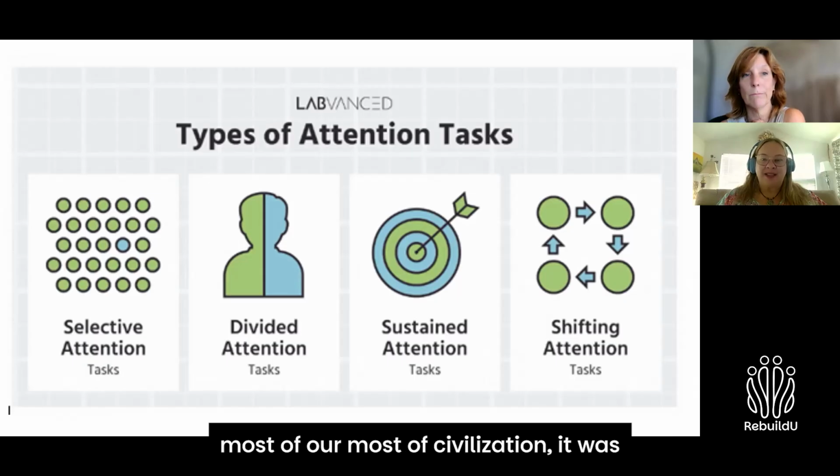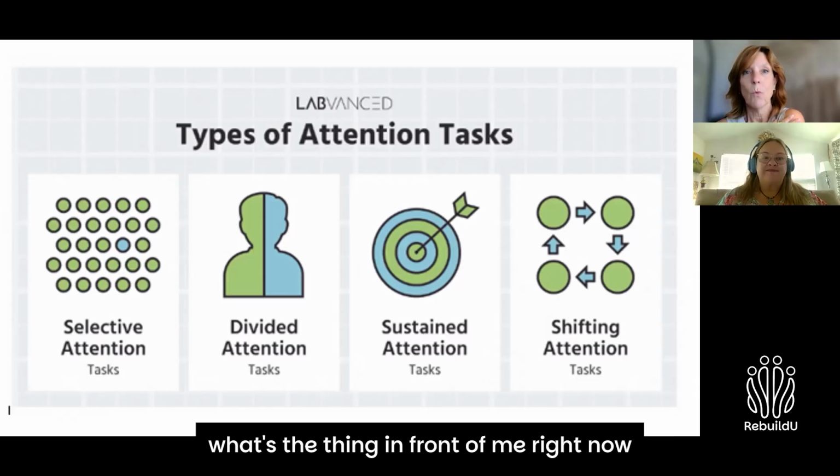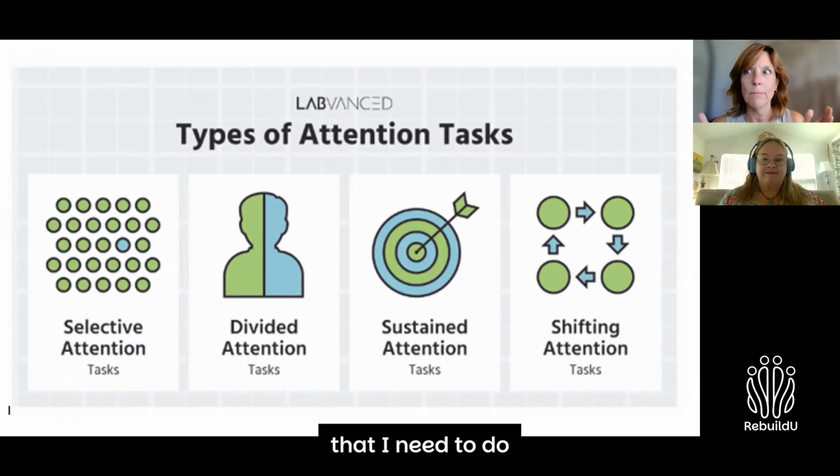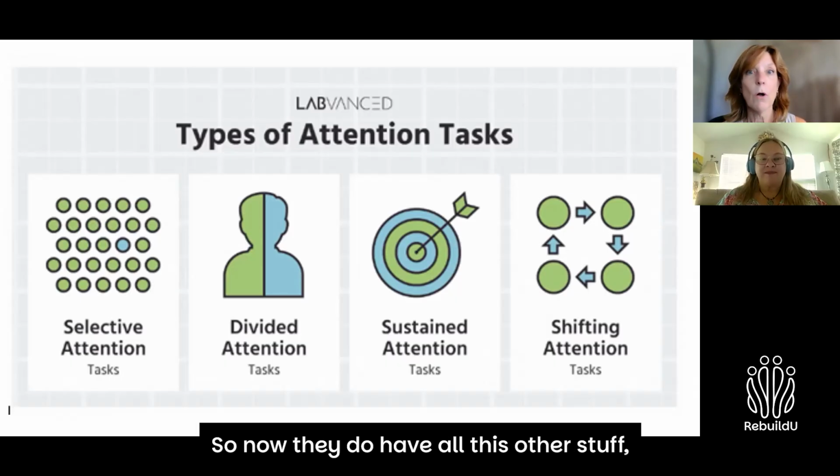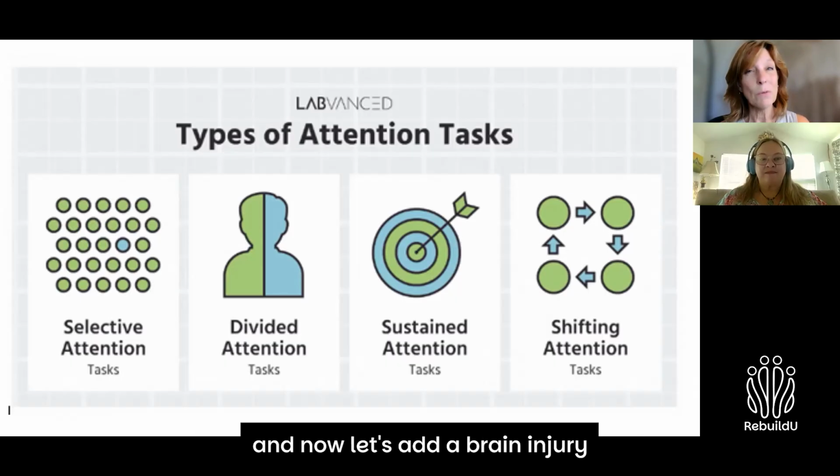For most of civilization, it was, what's the thing in front of me right now that I need to do, with no access to all this other stuff. So now that we do have all this other stuff, and now let's add a brain injury on top of everything else,